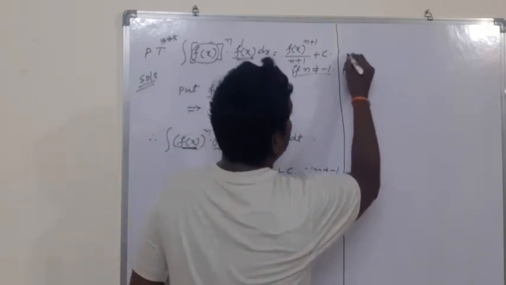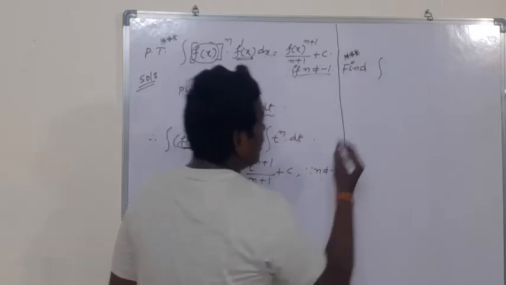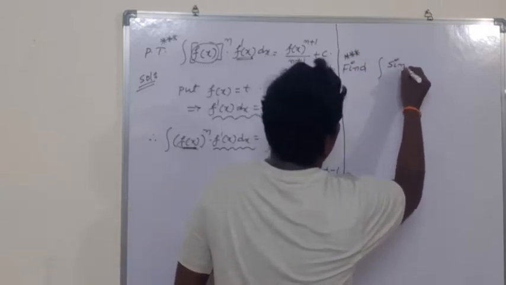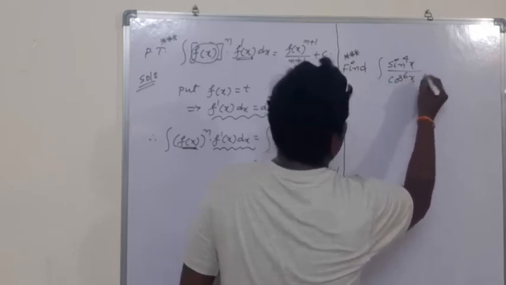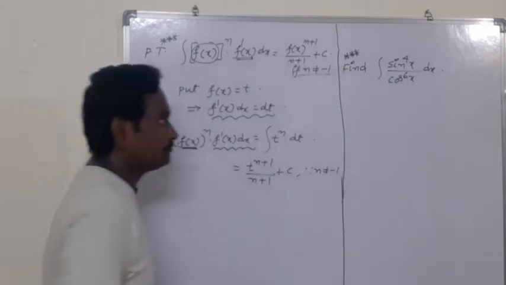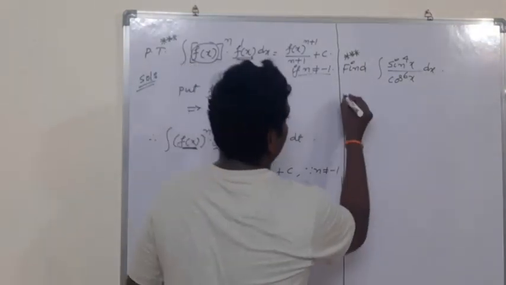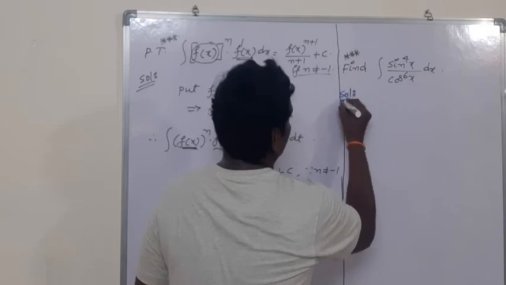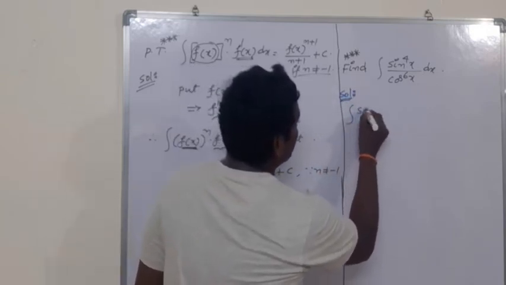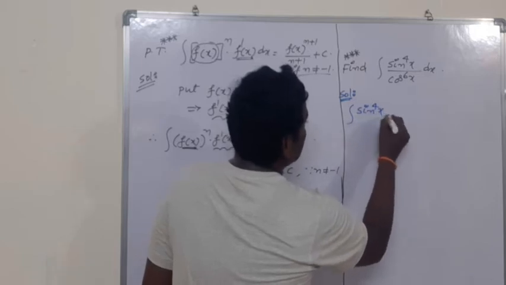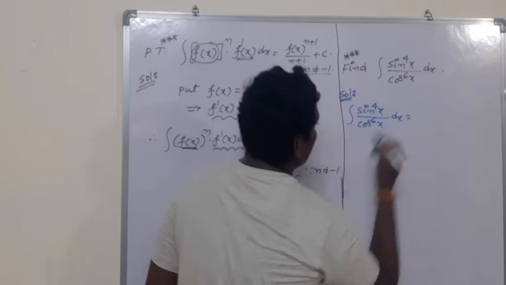This is a very important problem. Find the integration of sin power 4x by cos power 6x dx. Solution. Consider the given problem once. Integration of sin power 4x whole by cos power 6x dx is equal to